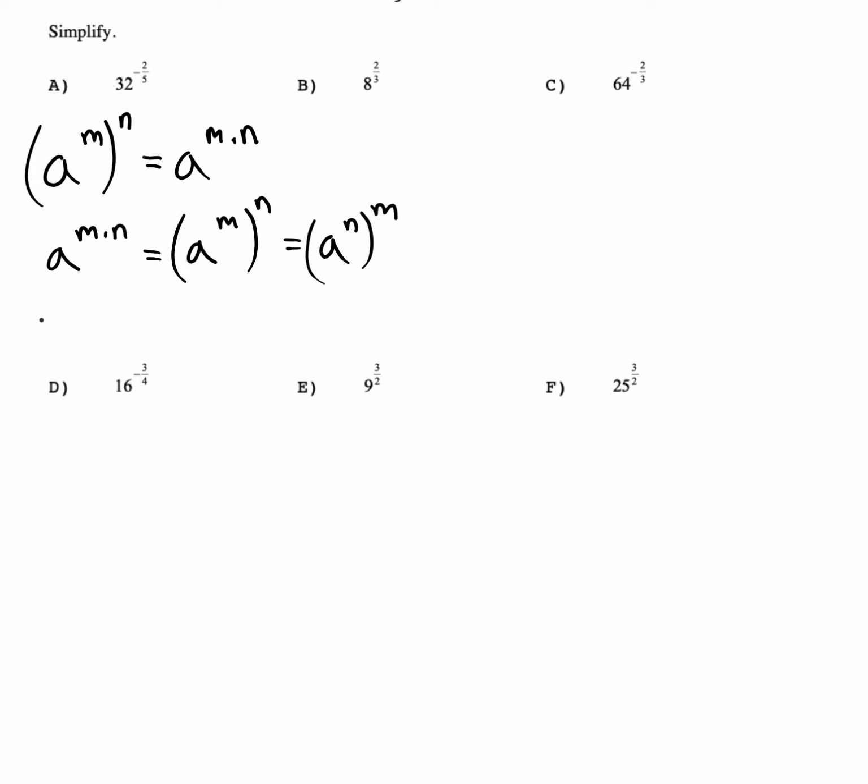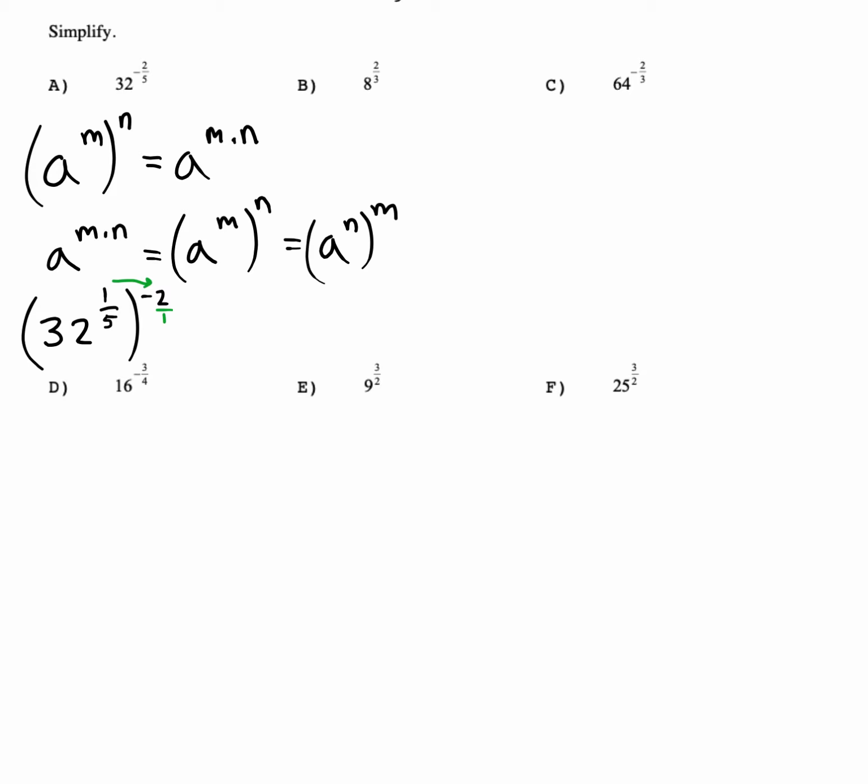So for example, I could do 32 raised to the 1/5, let's say, and then raise that to the -2. Why does this work? Because when you multiply the exponents, you would multiply these numerators together. The 2 would be over a 1, so you'd multiply the tops and bottoms